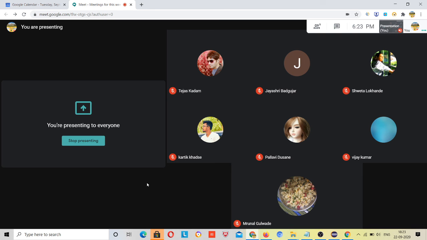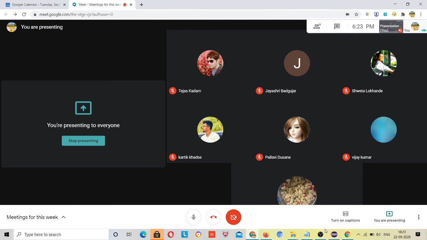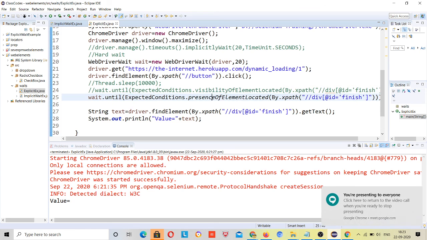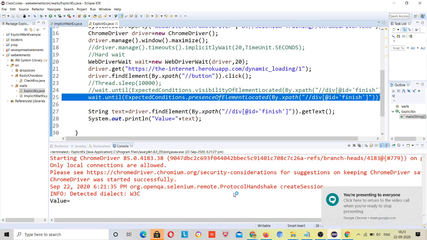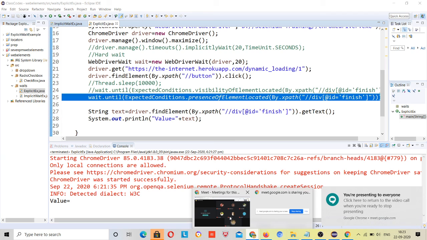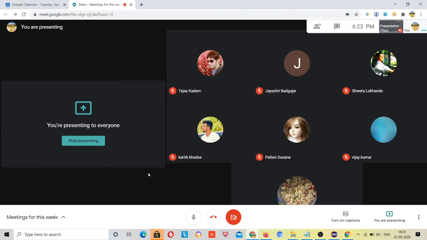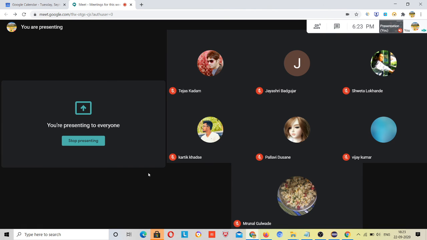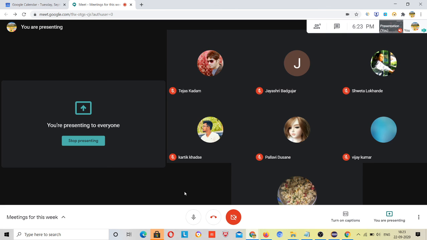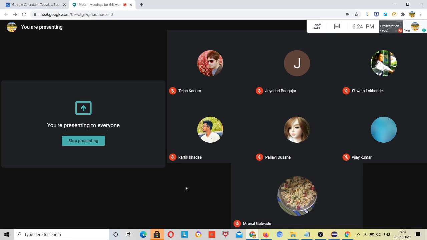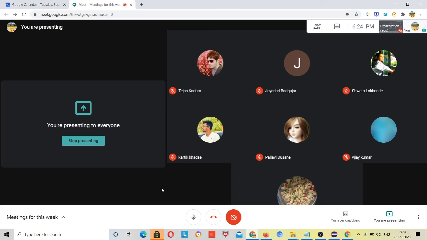But what happens if I have to apply it to multiple lines? Then we have to write this line before multiple lines, right? So with each wait we have some advantages and disadvantages. So this was a particular example. I am so sorry that I am facing internet issues, and I am also getting frustrated, but I hope this topic is clear to all.